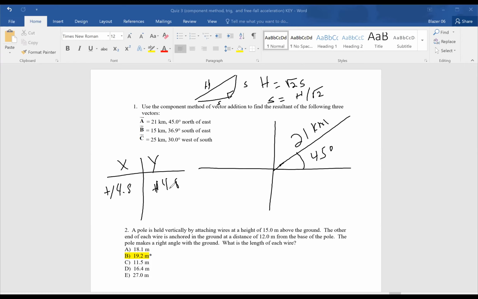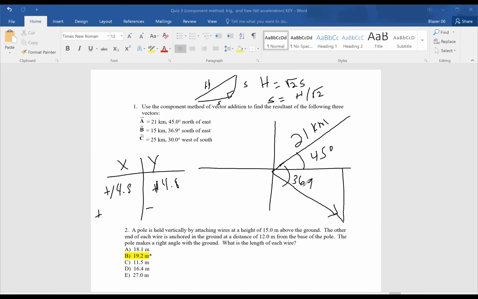Now, the next vector is vector B. It is south of east. So you see north of east, south of east. So of course, south of east means that I am in this quadrant where X is still positive, but Y now is negative. Now again, you should recognize this angle,